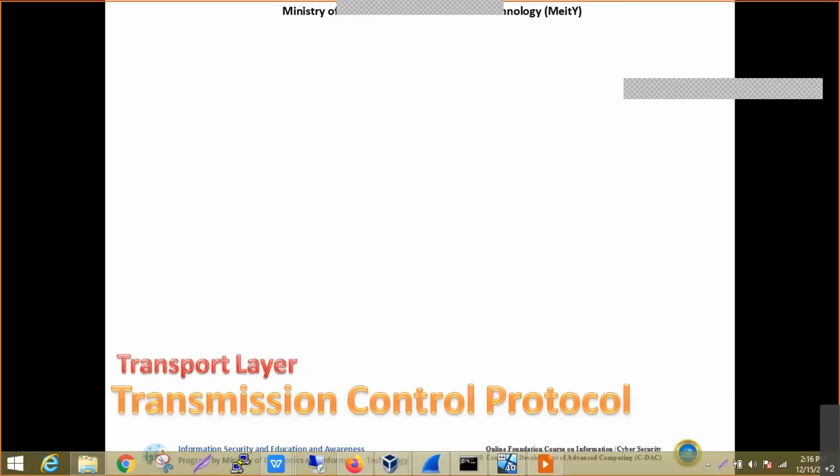So in this scenario, we'll try to see how TCP, or the transport layer protocols, are used to scan a particular system, to assess whether it is up or not, or what kind of services are being run on that particular system. So before that, we'll try to understand a small thing about the Transmission Control Protocol.